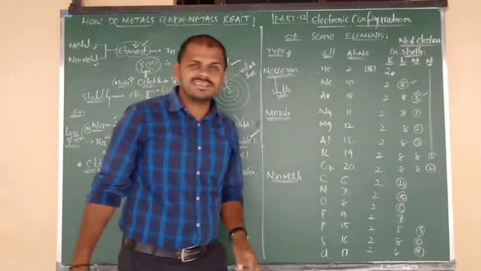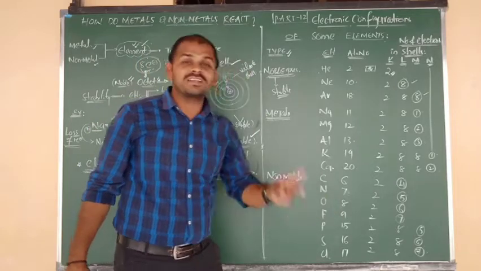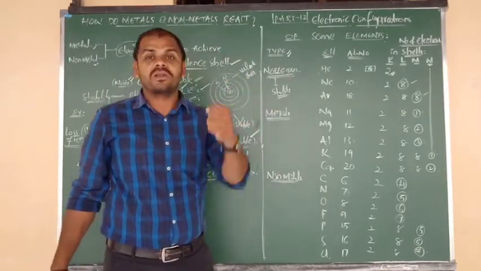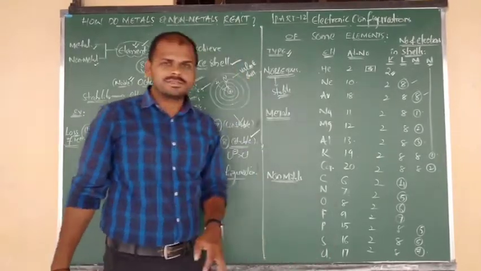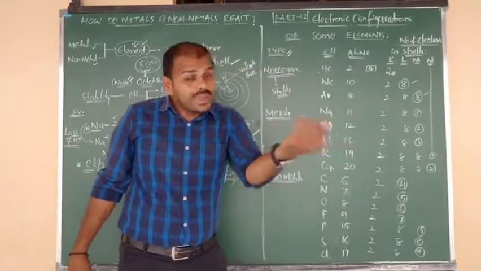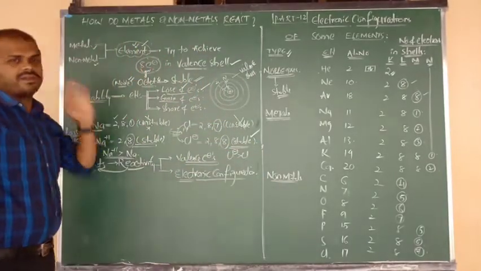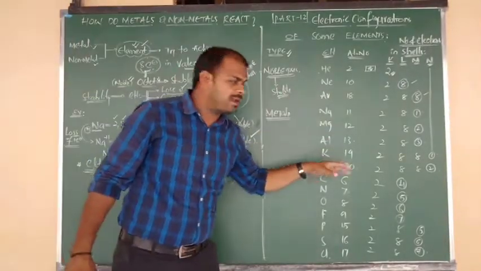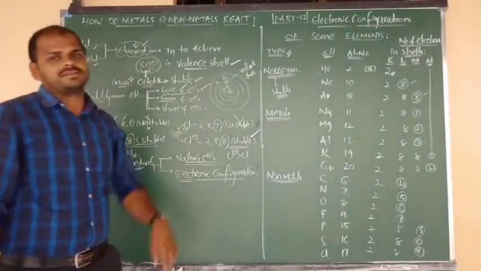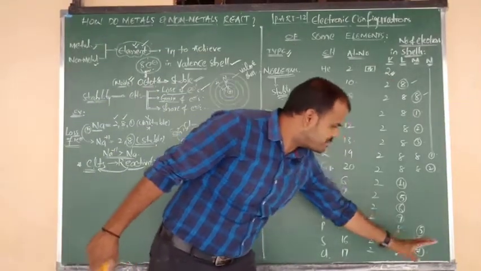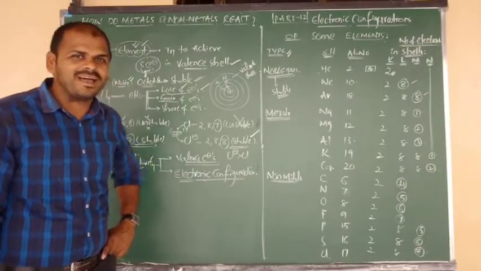Oxygen's outermost orbit contains 6. So to get stability, it requires 2 electrons. That's why upon O we write the charge as -2. By getting 2 electrons, it will be more stable. So listen carefully: not only carbon and nitrogen, all the non-metals have the tendency to gain electrons. After gaining electrons, non-metals get a stable octet configuration. Metals get stability after the loss of electrons, and non-metals get stability after the gain of electrons. These are the data about the respective valence electrons and information about the electronic configuration. Understood? Good.